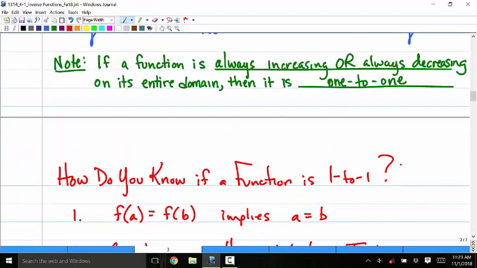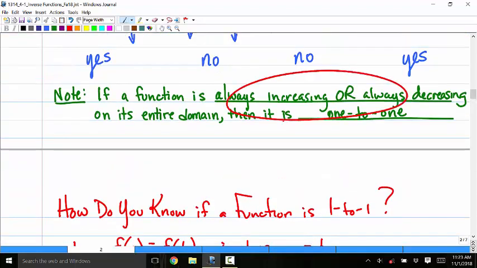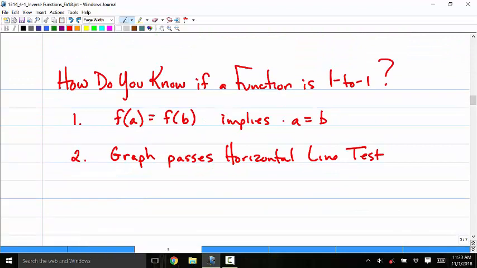And that last bit of green right here, what did we say about the graph? It's either always increasing or